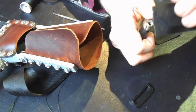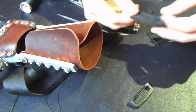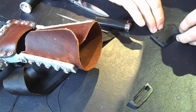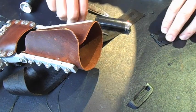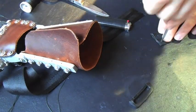There we go. Got my thumb a little bit there. Alright. There. So now we've got our holes cleaned up. And then what you can do is you can just take and mirror those holes onto the next piece of material. And I'll do the same sort of deal here with...